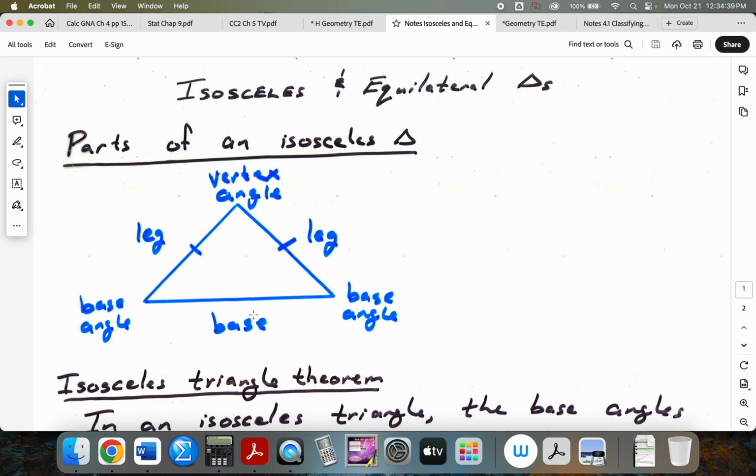One of the things that you have to get over is that when you first learned about something called base, base always meant bottom. In geometry, there is no such thing. Because if I spun that triangle around so that the base was on top, does that change any of the